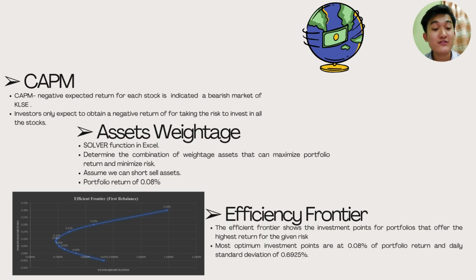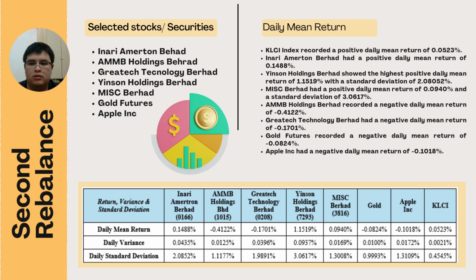The efficient frontier shows the best investment point for the portfolio to offer the highest return for the given risk. In our case, the most optimal investment point is 0.08% of portfolio return and a daily standard deviation of 0.6925%. On 2nd June, we examined our second rebalance portfolio performance and decided to add one international stock to the